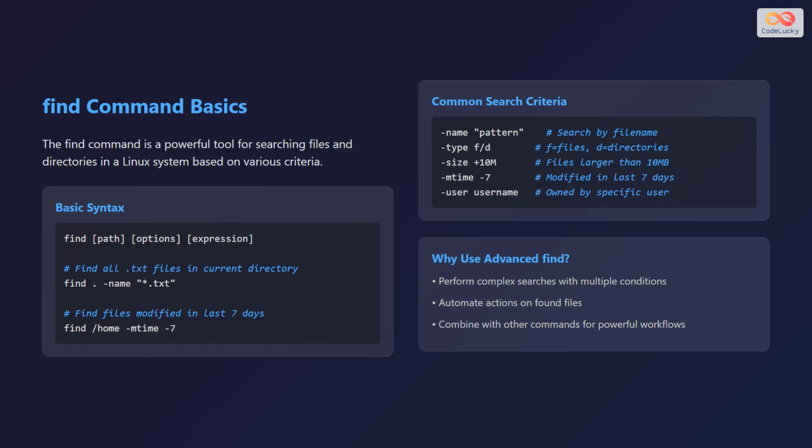find /home -mtime -7. Common search criteria include -name to search by file name, -type to specify files or directories, where f stands for files and d stands for directories, -size to find files larger than a specified size, for example, 10 megabytes, -mtime to find files modified within a certain number of days, and -user to find files owned by a